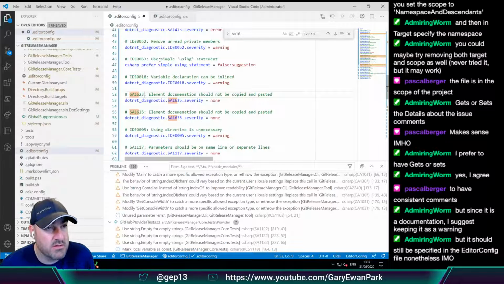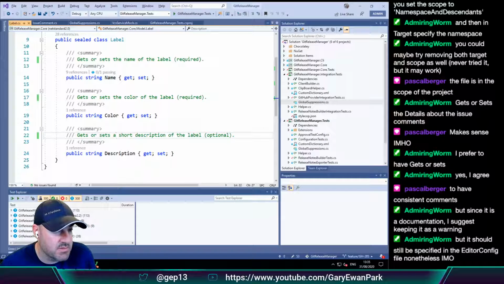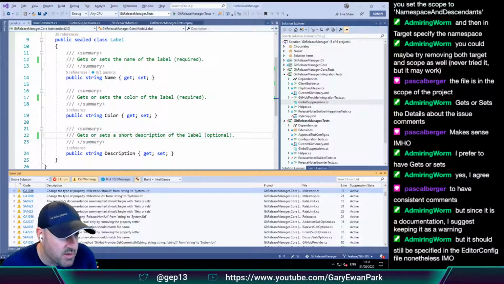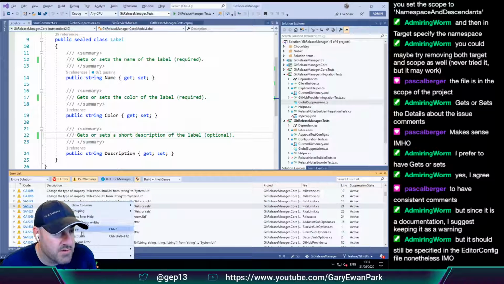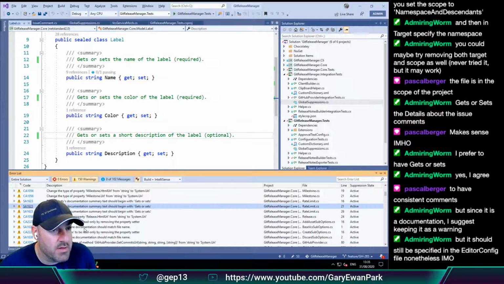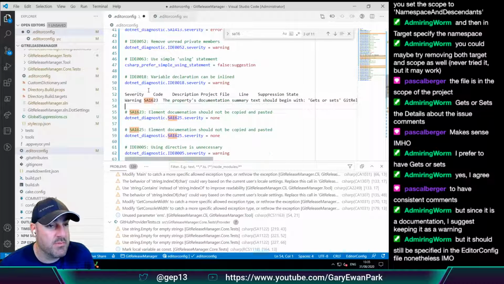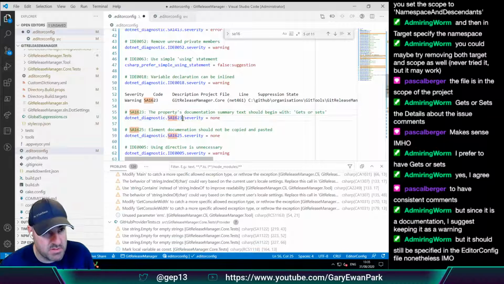1623, and 1623 had the text of copy, paste, gets or sets, cut. This one, 1623, warning.